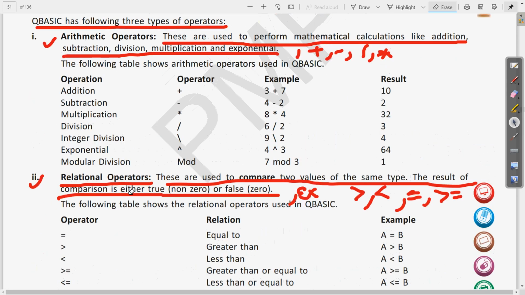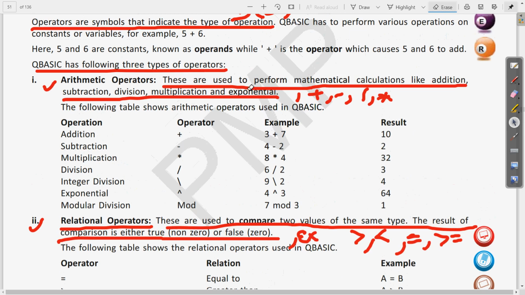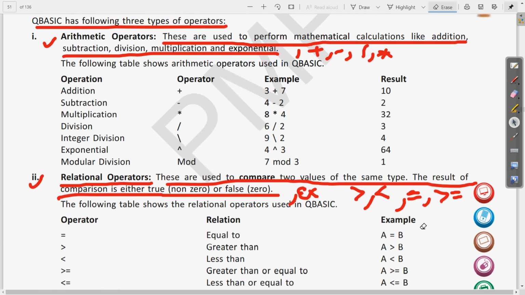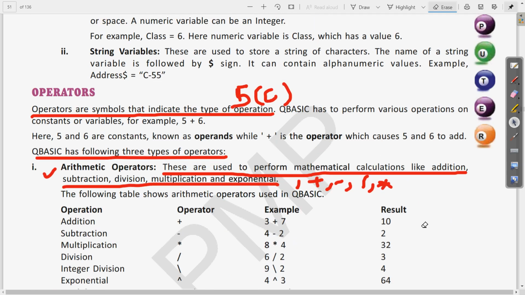In all three, first we write the definition and then the examples. The examples are the different operators like plus, minus, division, multiplication in arithmetic. Then in relational we have greater than, less than, equal to. In the same way in logical, the operators are AND, OR, and NOT. So I hope you have written. This is 5C.